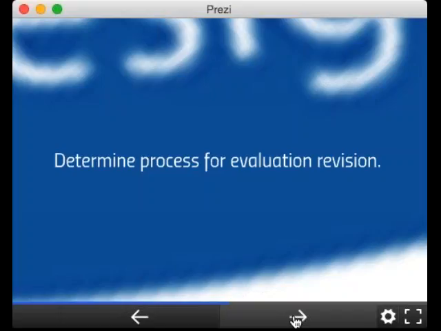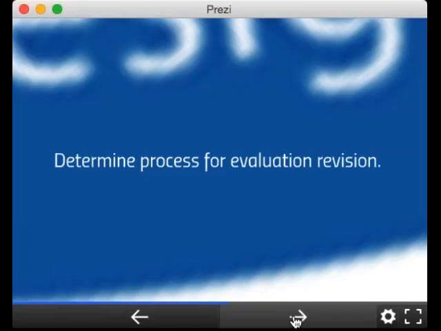Community level programs take a long time. This is not a 6-week effort, right? This often takes years. And because it takes years, there are going to be revisions to the program. So we need to think about in advance how we are going to build in revisions to the evaluation plan as we move forward. And when I say we need to think about how that's going to happen, basically we're